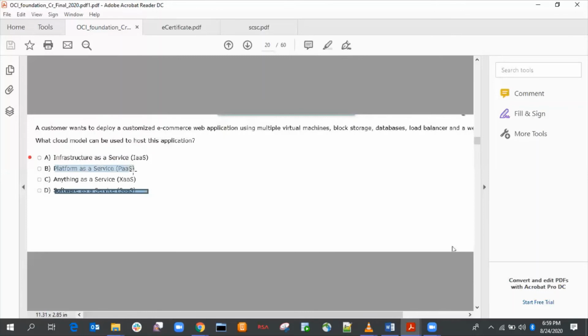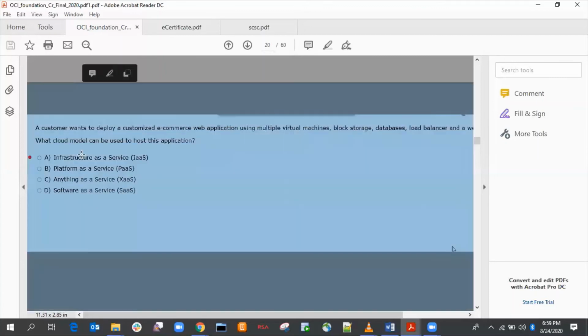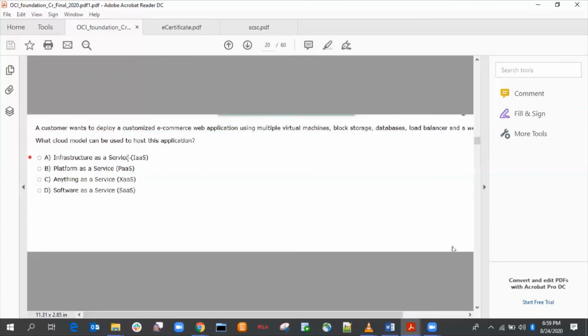If you purchase platform, they give you database and GUI. We need a server also. Multiple virtual machines are included in IaaS. Databases are included in PaaS. Load balancer and web application, the front-end UI application, are included in SaaS. So we need infrastructure as a service.